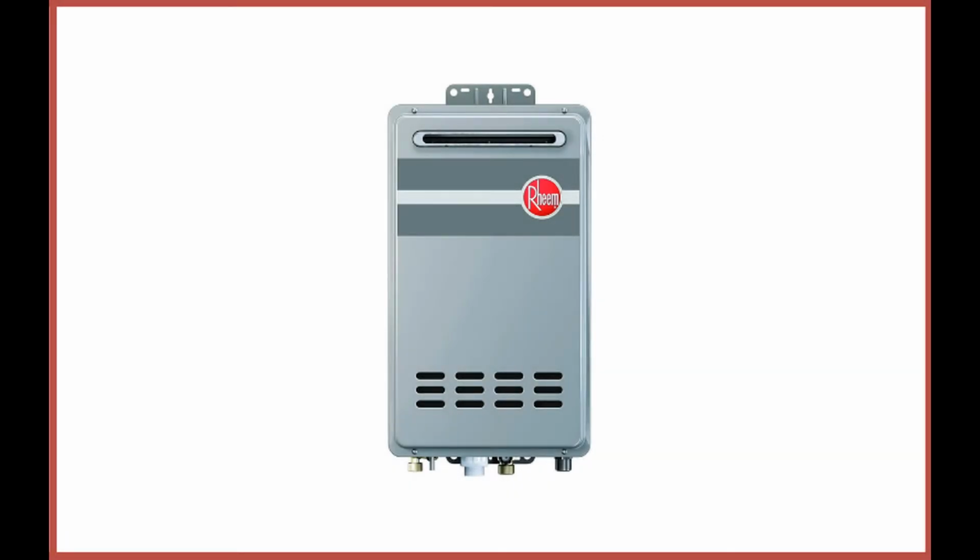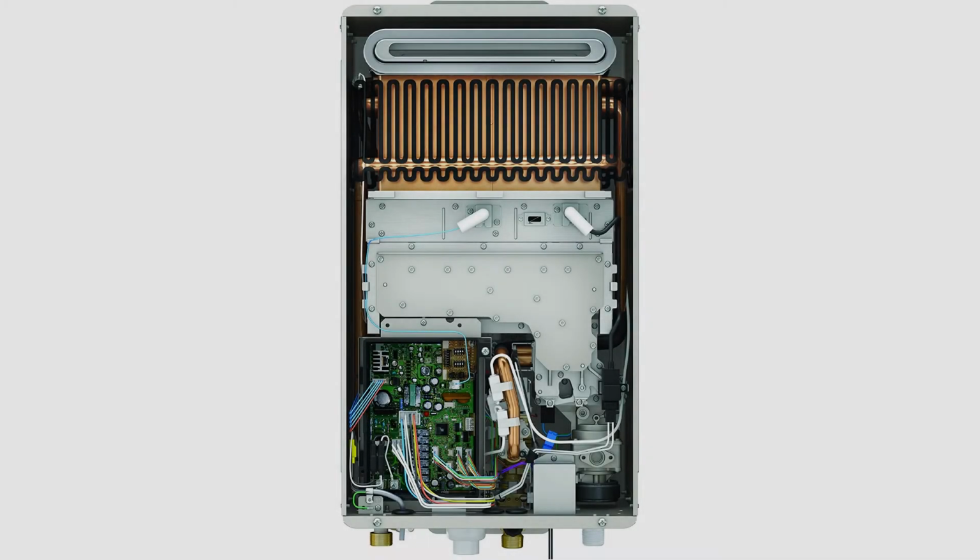RTG-84XLN Tankless Water Heater. This versatile little water heater can be installed indoors and out, and it comes with freeze protection for temps as low as 30 below. Its fuel type is natural gas, and recirculation kit ready. One outstanding feature on the Rheem